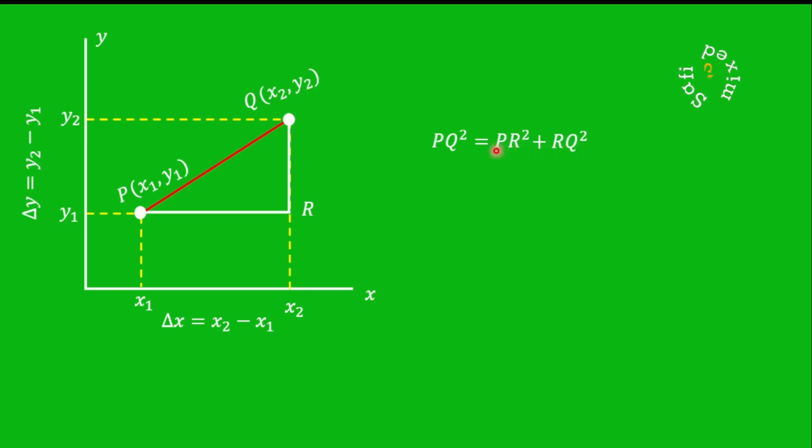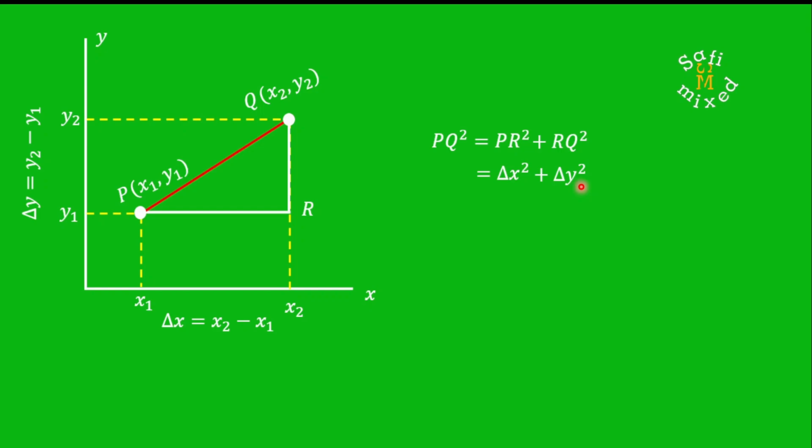Now, the P to R distance is exactly equal to delta x, and R to Q, that is this distance, is exactly equal to delta y. Therefore, I replace these values. That is, I write PR equal to delta x, so PR squared is delta x squared, and RQ squared